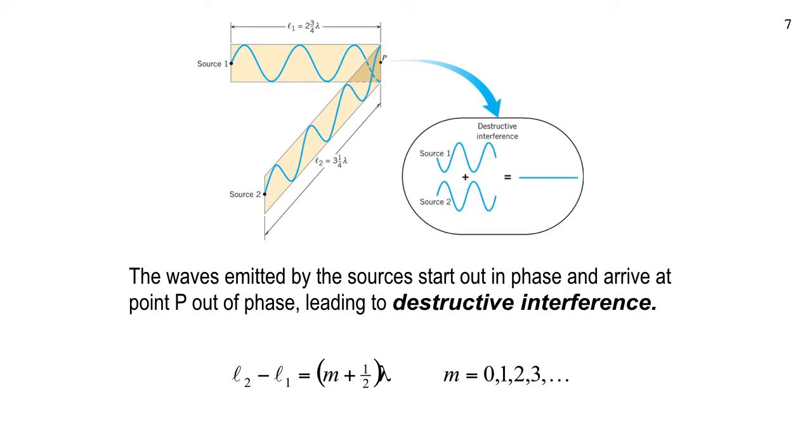In some areas of the wall, it's going to be bright. You're going to get constructive interference. In other areas, it's going to be dark or not as bright. That's going to be destructive interference. And that's what we call a diffraction pattern or an interference pattern. The textbook uses the word fringes, but I do not like the word fringes for those. But that's what the textbook uses.